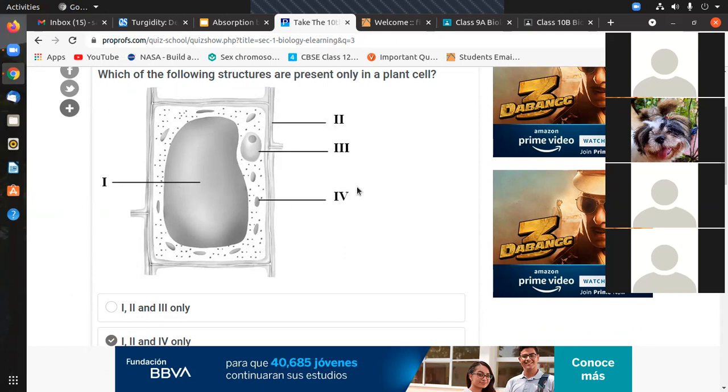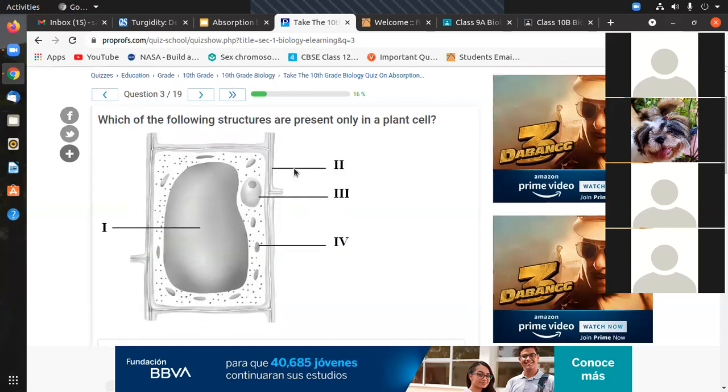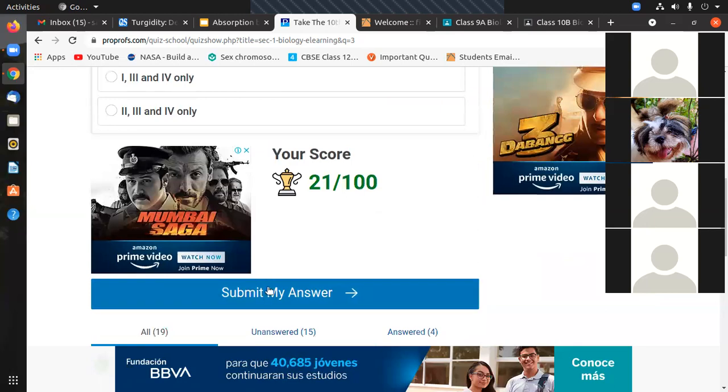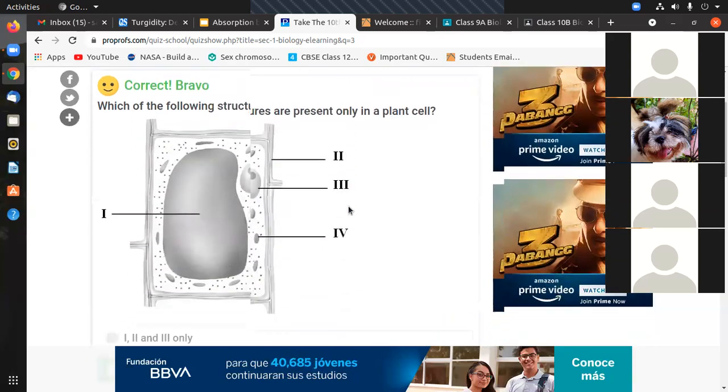And the chloroplast is again specific to plant cell. Why I am thinking this is chloroplast is because chloroplast is a capsule-like body. I don't know how you have studied earlier, but chloroplast is actually a capsule-like structure which is oval shaped within a plant cell. So that way this is the option. Again, let me check.